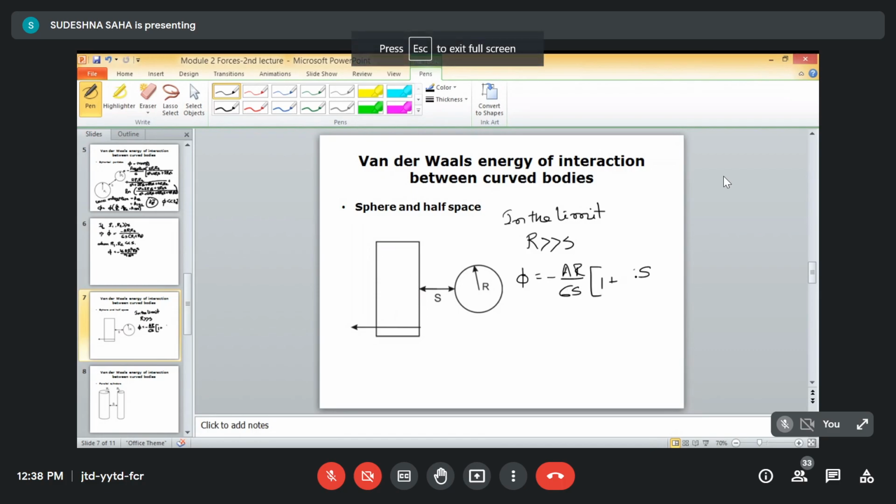So we are just trying to see what is the essence of the forces. And this one is basically R much less than S, then that equation reduces to phi nearly equal to minus 1 by S to the power cube, which is basically the interaction between a particle and a semi-infinite block. Okay, and